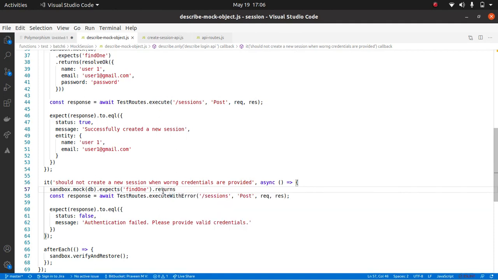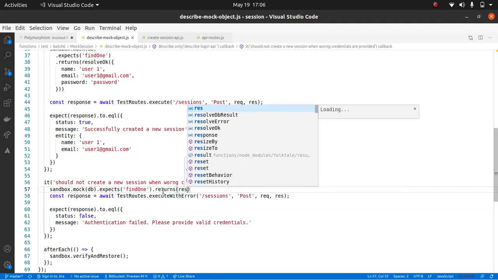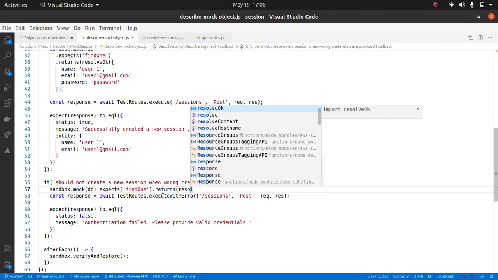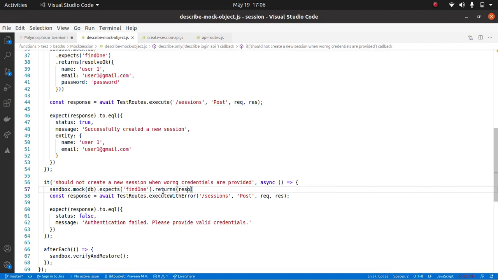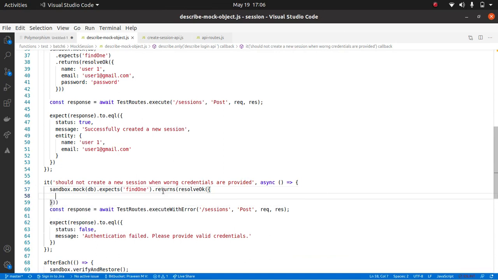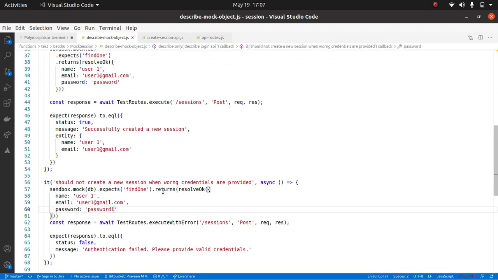Resolve, or it could even return resolve OK only, but the credentials are not proper. So it can be the same thing, or I'll copy this returns. I'll change the password because in the database the credential is password1, but right now we are passing password, correct? In this case it should basically return an error, correct?